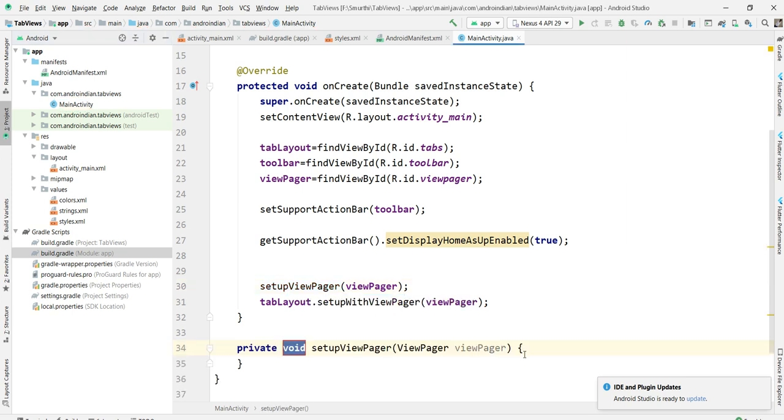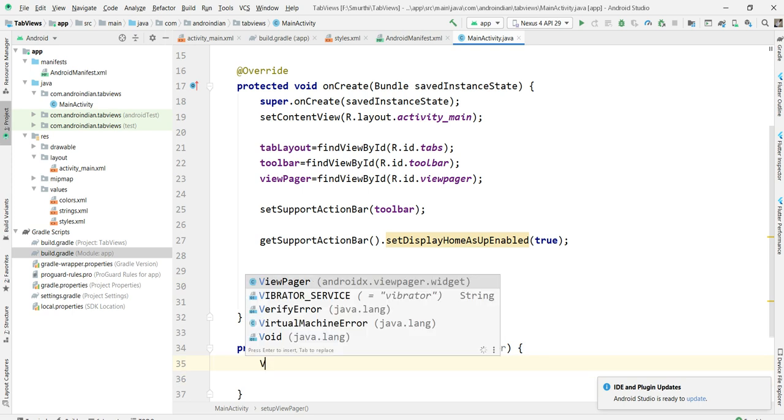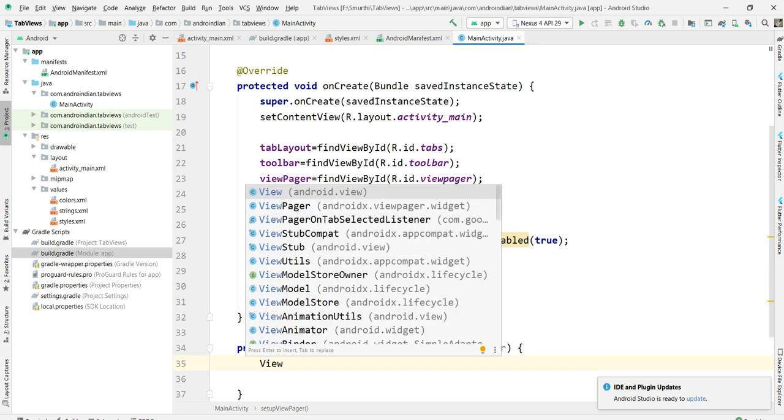The method has been created here. Once this method has been created, then within this we need to define one more thing, that is the view pager adapter. We need to create a view pager adapter.